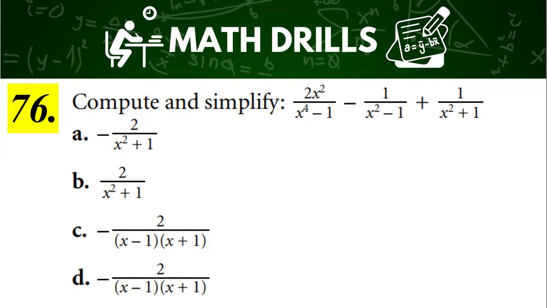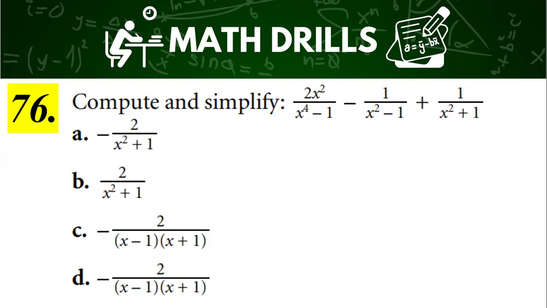Since this is quite long, what you can do for this one is again to set a value for your x. Evaluate the expression using any value for x, and then use that also for the choices. The expression that gives you the same evaluation will be your answer for the simplified form of the rational expression.